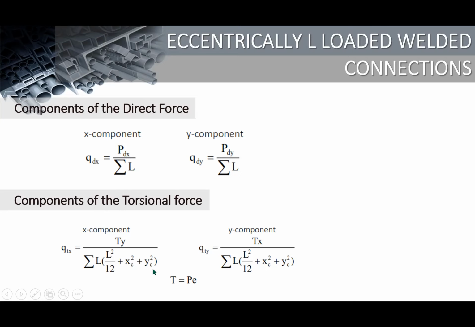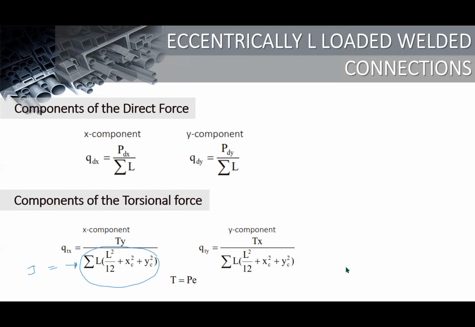Now, our denominator is given by this equation. This is also called the polar moment of inertia, annotated as letter J. There are books where, when they ask you for J or the polar moment of inertia, this is what they refer to, this denominator. So, the summation of L squared over 12 plus XC squared plus YC squared of the individual welds. The subscript C means